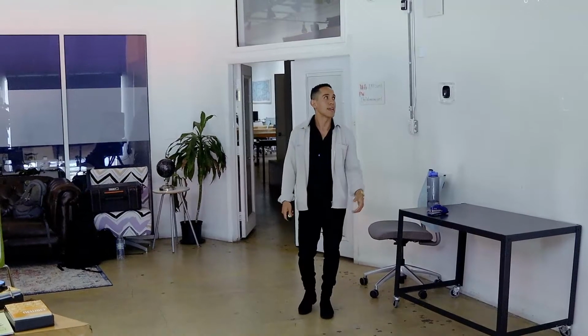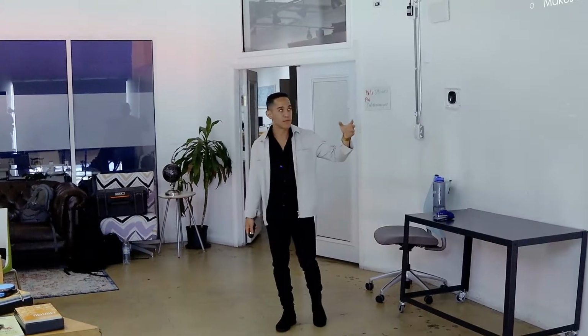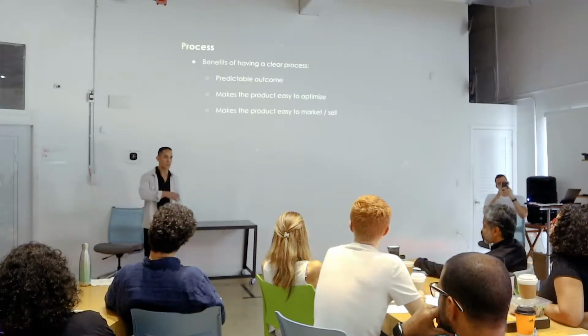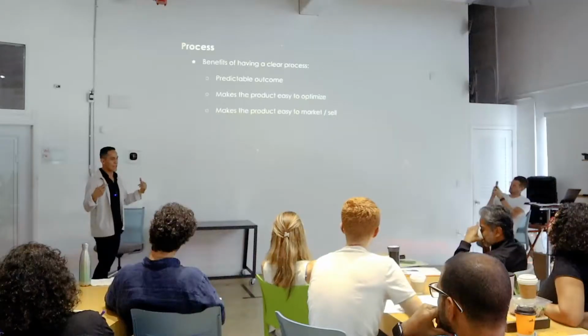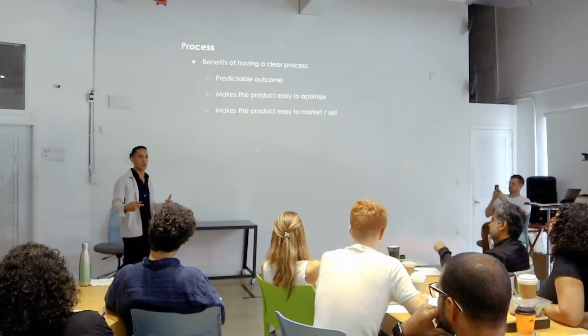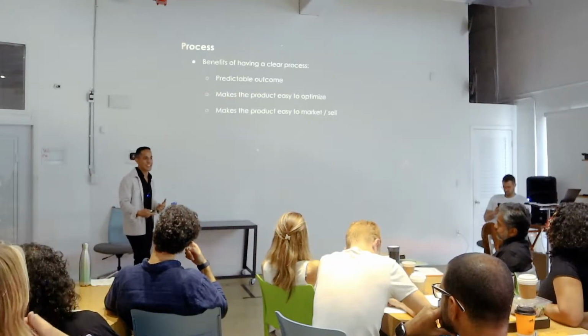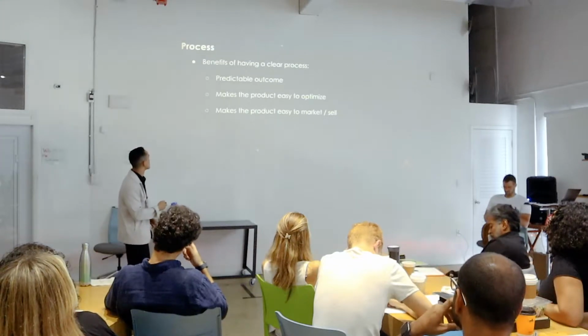Okay, so it also makes the product easy to market and sell. So let's say you're selling a client on a service, I know we have a lot of coaches in the room, being able to tell your client, this is what we do for people. Here's step A, here's step B, here's step C. And every person that's followed this process has gotten this result. So you will too. Makes it easy to market, makes it easy to sell. You can put that information on the website. But it also allows you to communicate that with clarity to someone. Have you guys heard in sales, a confused mind never buys? Yes. And if our minds look like what I showed you earlier, it's very hard to give people the clarity that they need to buy our products. Okay, so it's the importance of process.